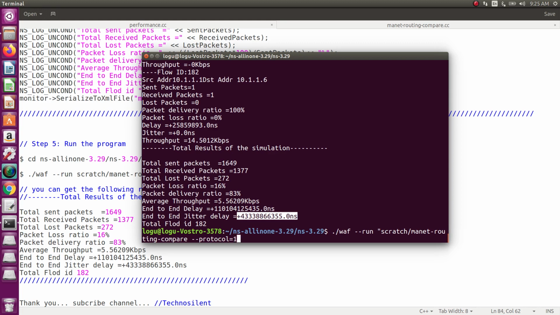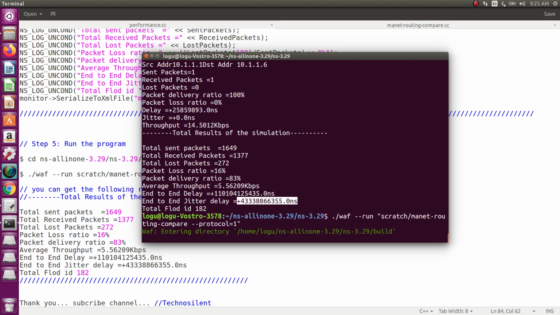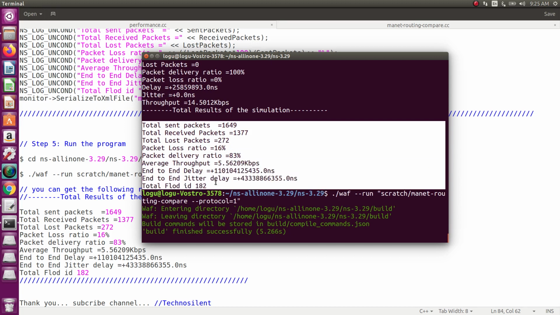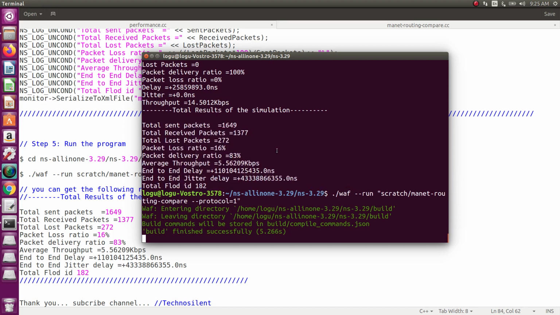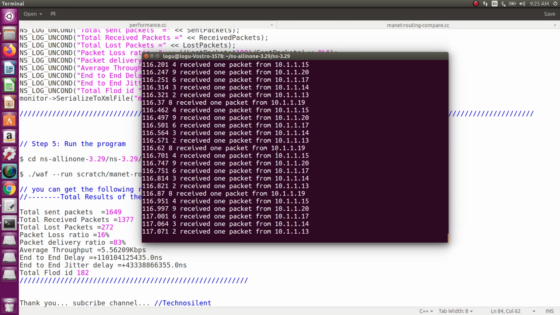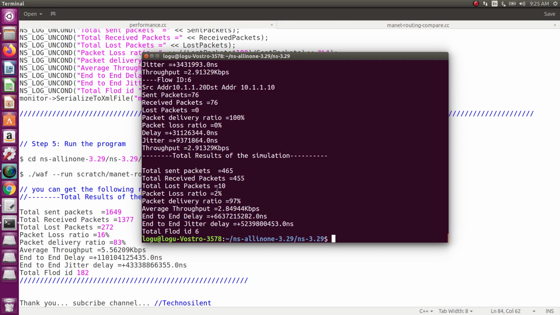I want to run the protocol for 1, which means OLSR. Okay, you can run the program. So this is the output for your AODV, and this is the output for your OLSR.